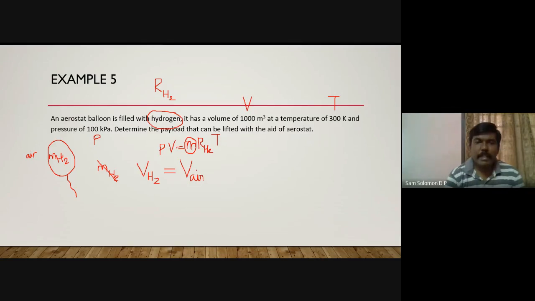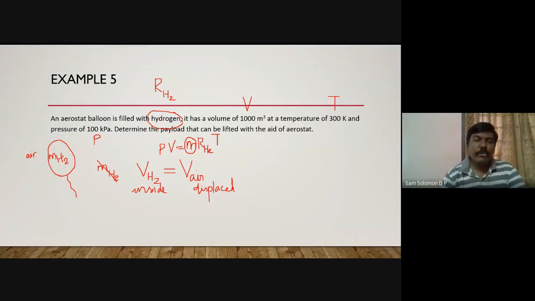Volume of air displaced by the balloon. So this is the volume of hydrogen inside. This is inside the balloon. I can't write everything, so you can frame that sentence. Please write that statement: volume of hydrogen inside the balloon is equal to volume of air displaced by the balloon.